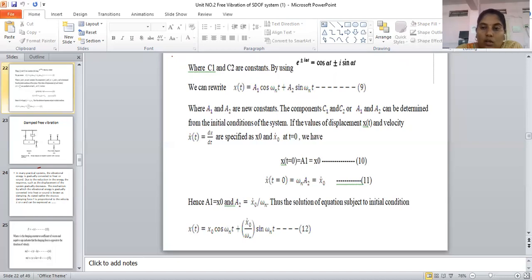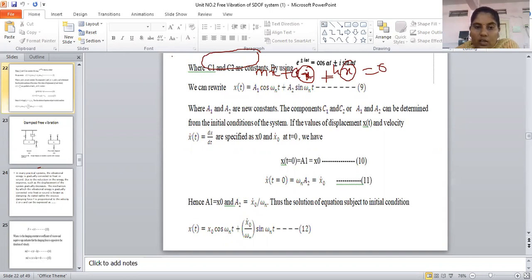So try to calculate derivative number 1 and derivative number 2 of x of t equal to C into e raised to st. Please try fast. I will also help you calculate the derivative of x with respect to t, the x dot and x double dot values. Our equation is mx double dot plus cx dot plus kx equal to 0. We already know the k value, but we don't know how to calculate x dot.